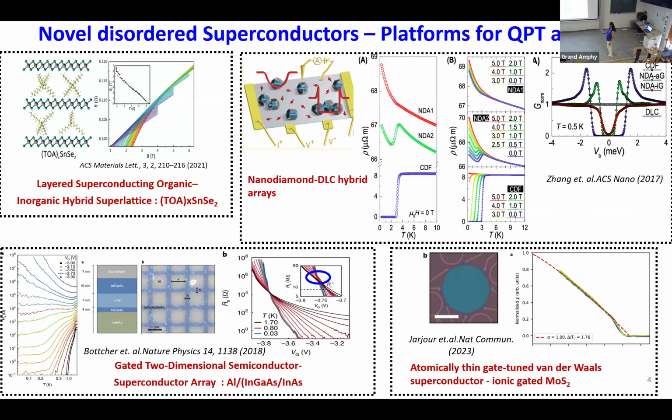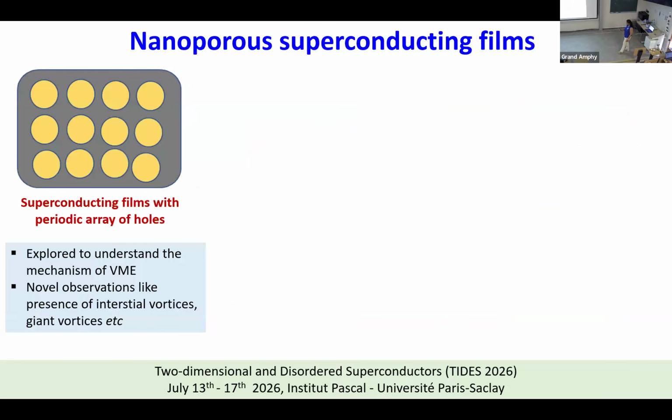You have gated two-dimensional semiconductor superconductor arrays, where also you've seen this kind of a phase diagram. Then you have these two-dimensional materials. You have gate-tuned van der Waals superconductor, the ionic gated MoS2, where they also study the BKT phase transitions. So this slide is mainly telling you that you have lots of novel materials where this kind of physics is being studied. So what we wanted to do is we wanted to look at this kind of a system where